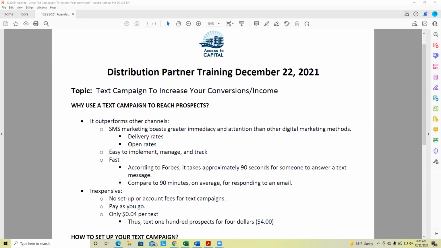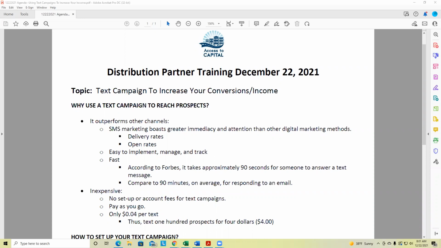Then secondly, once they're interacting with you, you have prospects. That's typically where you'll have a landing page set up, and we'll talk about how Scott can help you with that. And then you'll have a more systematic way of working with them because now they've accepted communication. And then, of course, you have clients. And some of you may even want to use a text campaign to prompt your clients to move through the system.